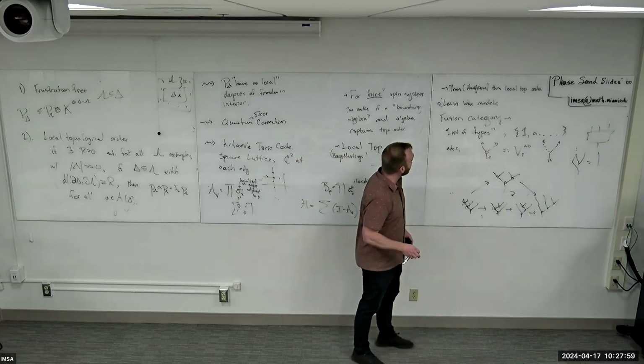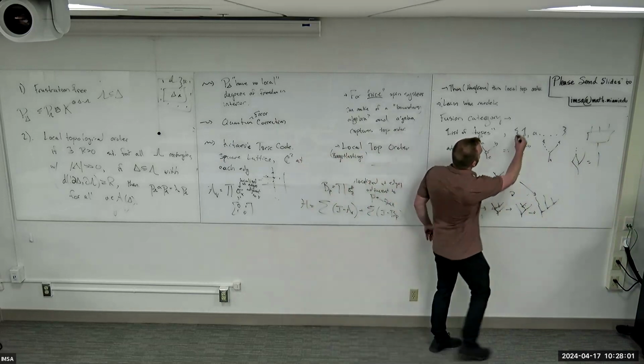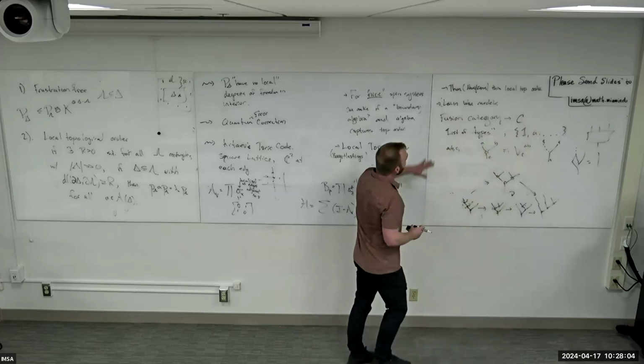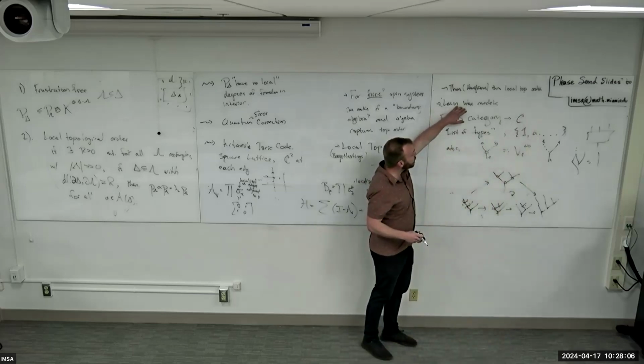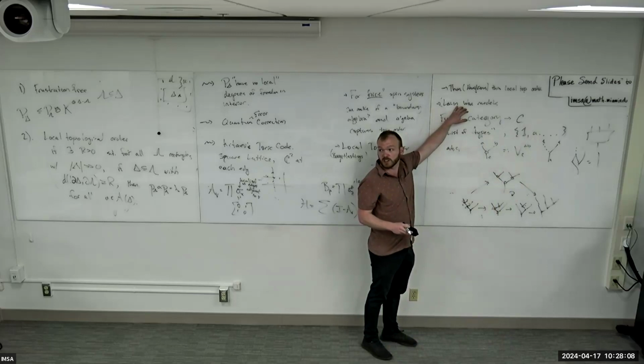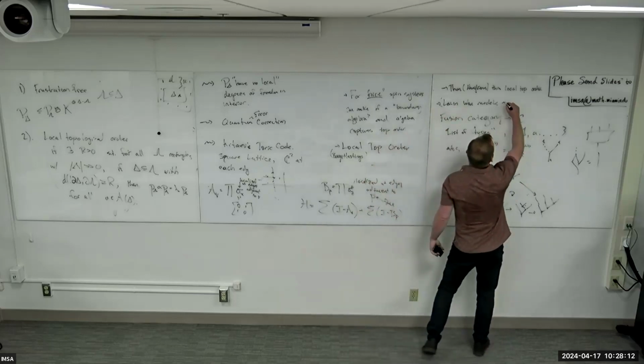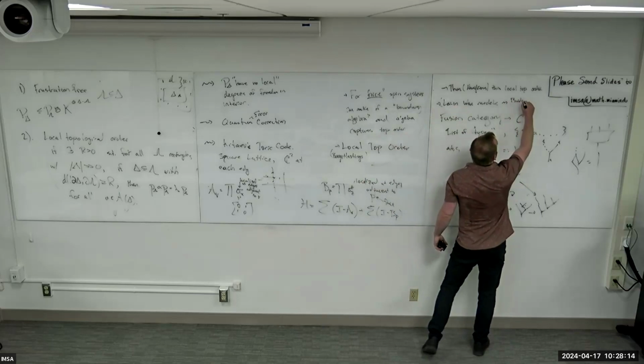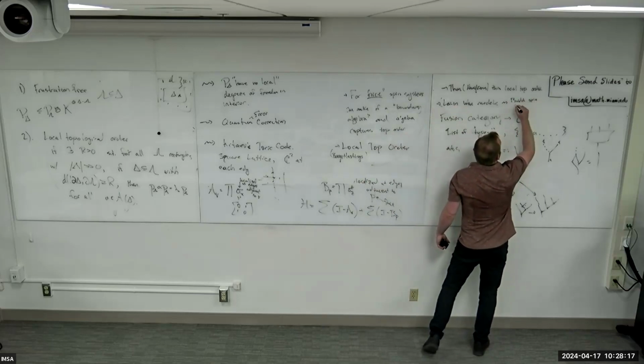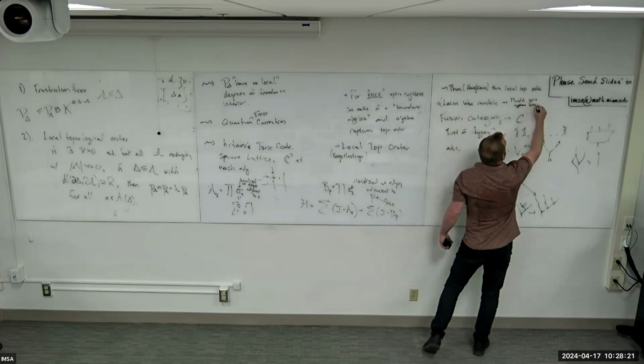So I've got a little bit ahead of myself. So suppose you have a fusion category C, then Levin and Wen showed us how to actually build a spin system from this. So since I'm essentially out of time, I won't go into the details of how this works, but Levin-Wen models build a spin system from this data of C.